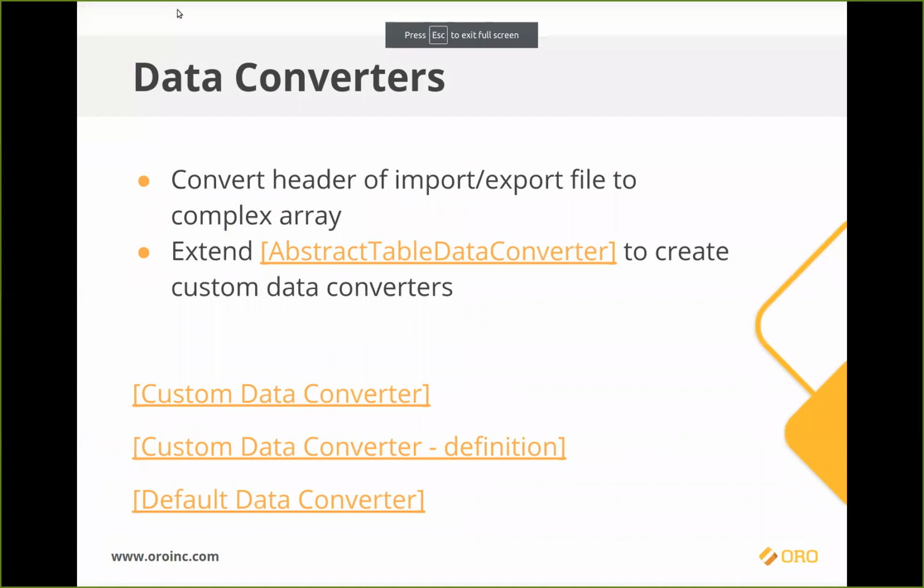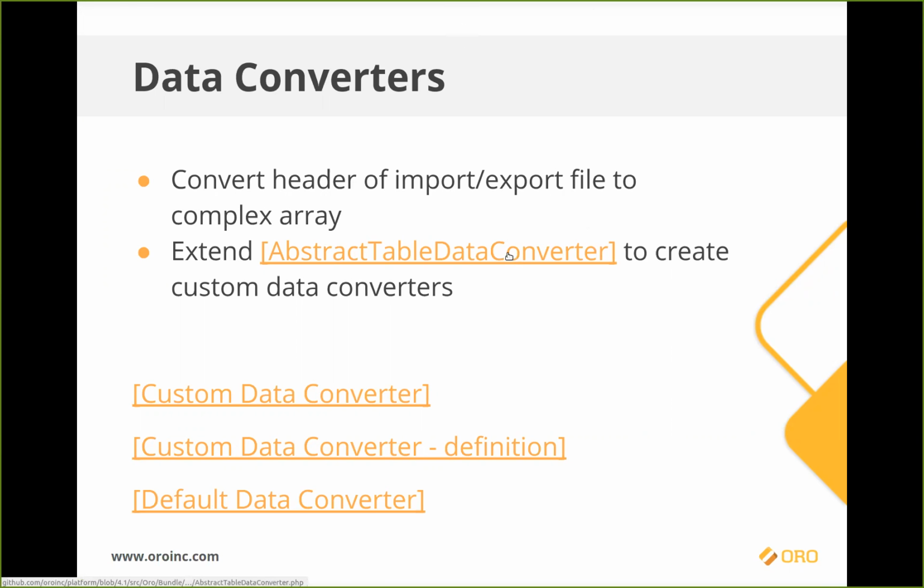So then we have the data converter. It takes the header of the CSV file and knows how to convert it to the complex associative array, which will then be used by the normalizer, the denormalizer, to create the entity. By default, you will use the default data converter, but if you would like to create a custom one,